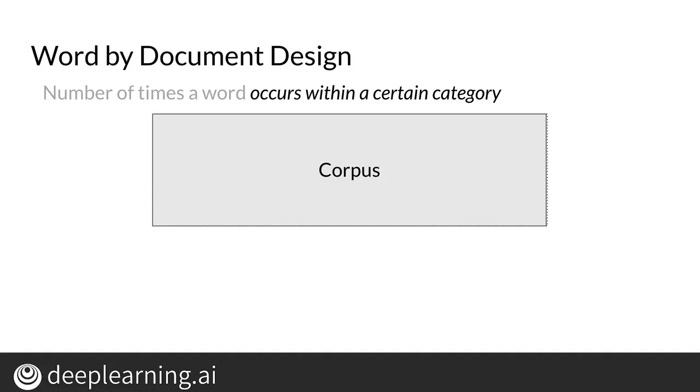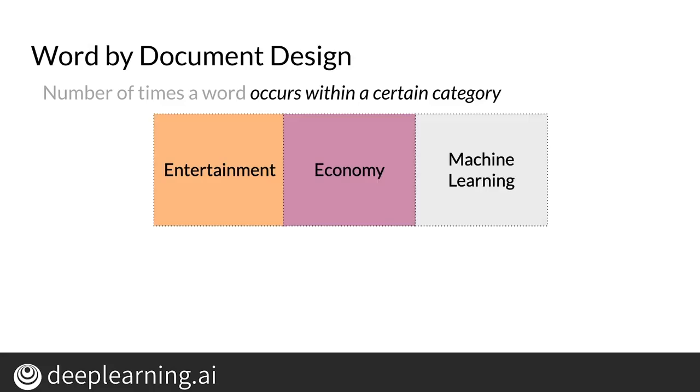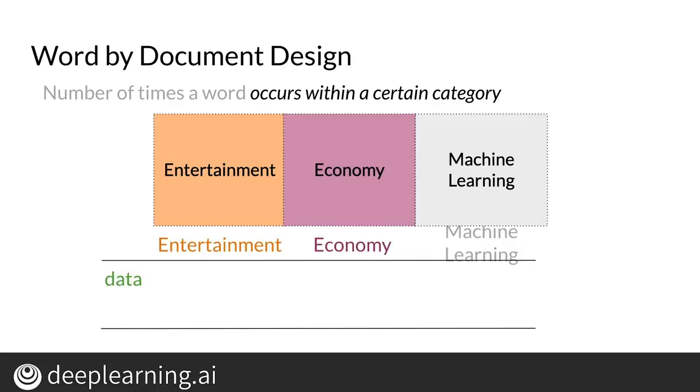For a word-by-document design, the process is quite similar. In this case, you'll count the times that words from your vocabulary appear in documents that belong to specific categories. For instance, you could have a corpus consisting of documents between different topics, like entertainment, economy, and machine learning. Here, you'd have to count the number of times that your words appear on the documents that belong to each of the three categories. In this example, suppose that the word data appears 500 times in documents from your corpus related to entertainment,